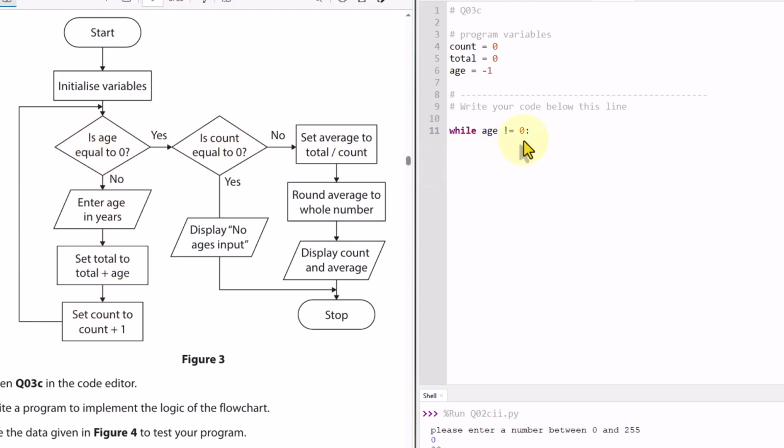Okay, then enter age in years. So yeah, inside this, the first thing that I'll do is age is equal to int input, enter age in years. Okay, I can just have that. And now see,